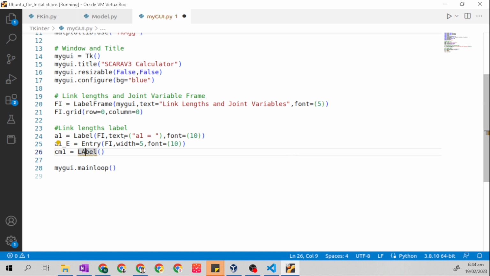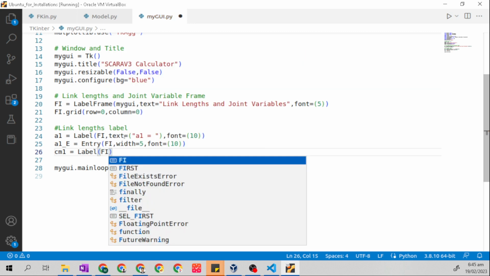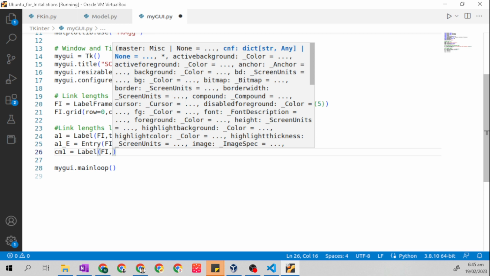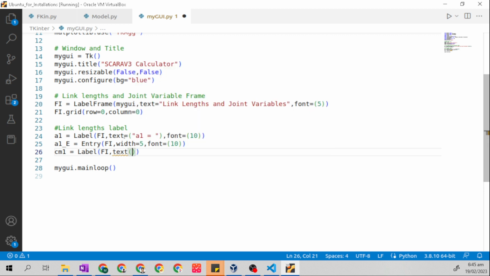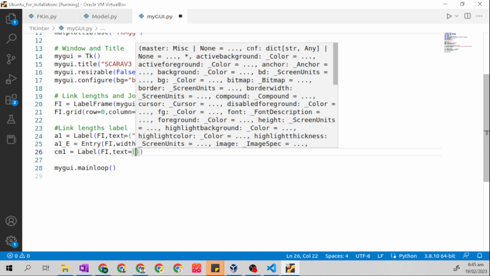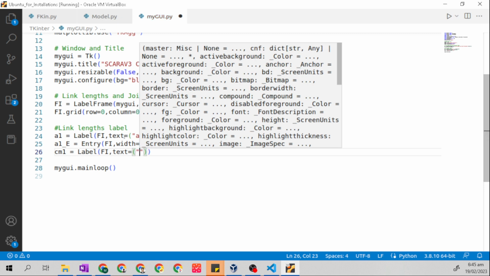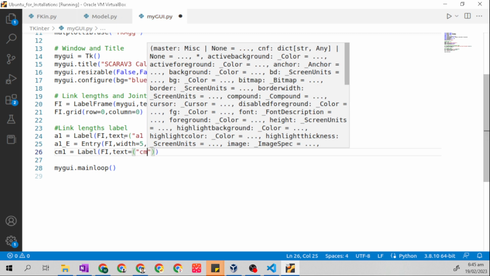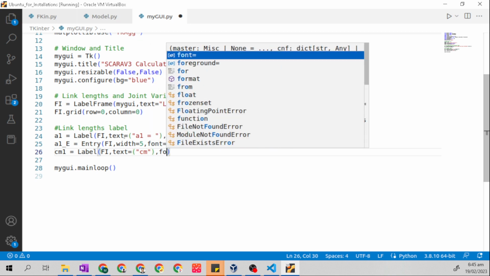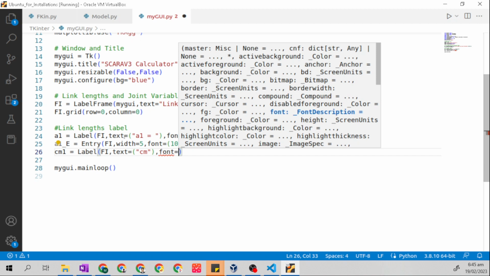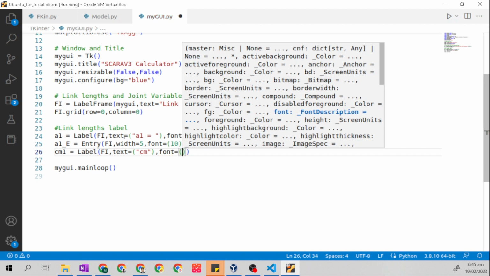Okay, then we will use again the label command, the fi variable will show our text inside two quotation marks, so centimeter,